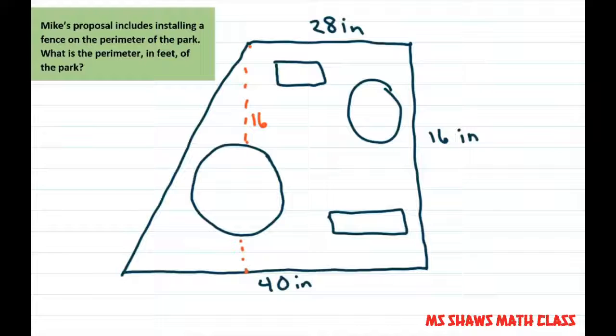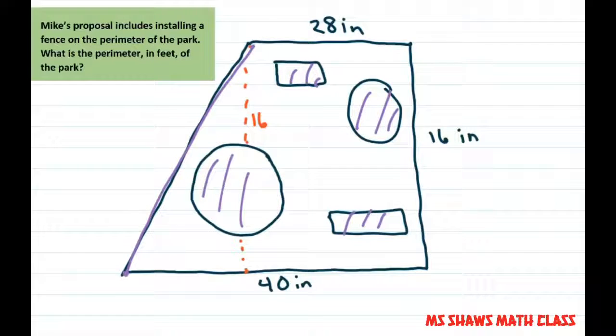All right, the next one says, Mike's proposal includes sawing a fence on the perimeter of the park. What is the perimeter? So, again, we have these little shapes in here, but we don't have to worry about those. We just need to find this length here. So, we knew that this part is 28. Therefore, this side is 12. And this would be a right angle. So if you do the little triangle here,